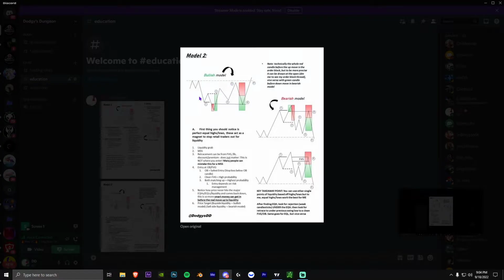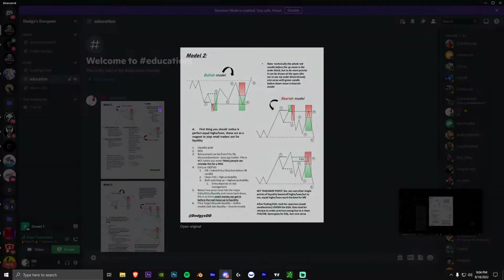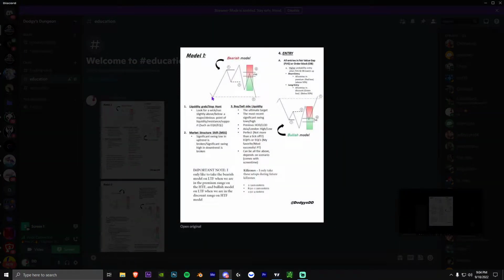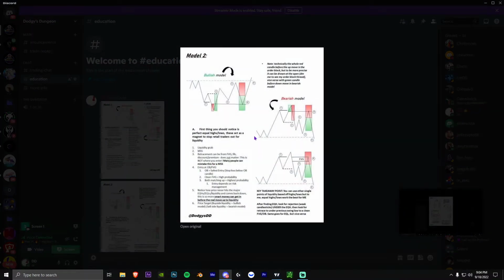And then model 2, this is a little more difficult, but I find this a ton, and I actually found this on Friday. So this is the bullish model, and some people call this the inducement model. Last week we talked about mostly this model. This is the one where you look for the liquidity grab, then the market structure break after going over liquidity, and then the retrace into the fair value gap. So this one is kind of the same thing, but